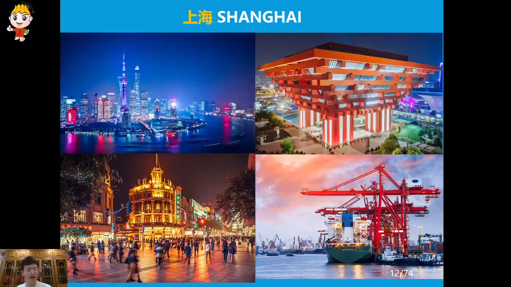Also, as you know, Shanghai is a metropolis and a megacity in China and in the whole world.